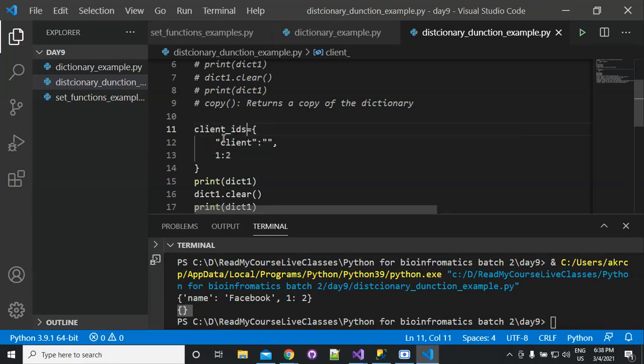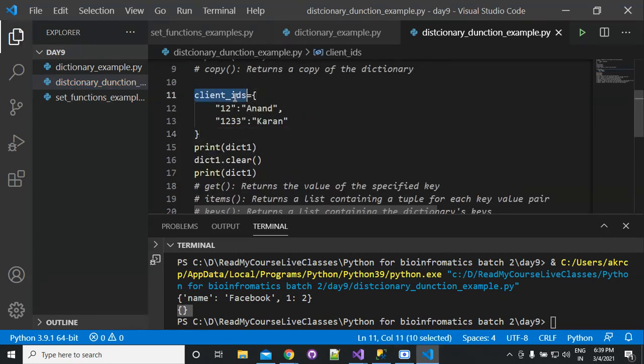So suppose in the client IDs we have 1 2 3 4, and the name related to this client is Anand, and the name related to this client is Karan. So these are client IDs that are present in this dictionary.